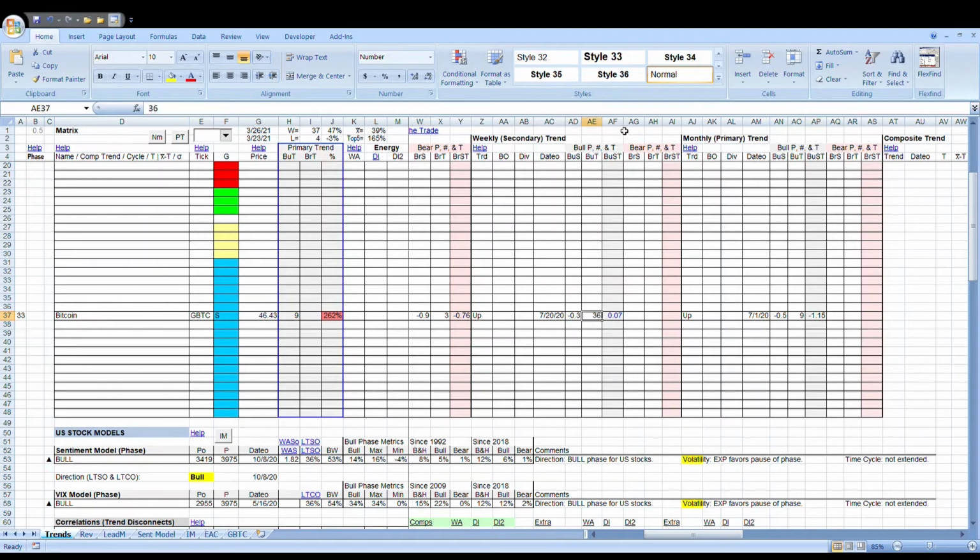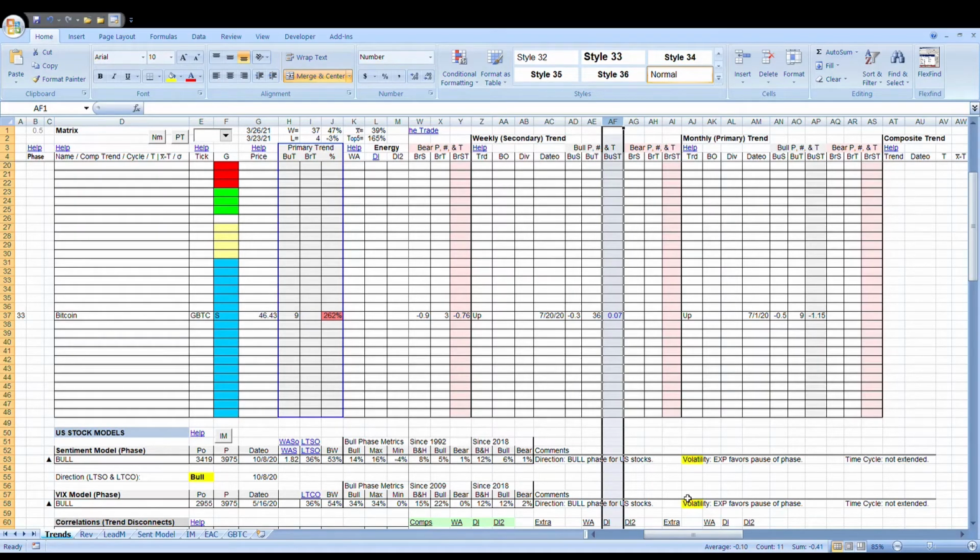At 36 weeks, we're above 0 now, so we're slightly above the mean, so that we know that the mean cycle for the weekly or the secondary trend is probably 36 weeks. But that doesn't mean it's going to have to stop. It can continue on, and often does. Usually when these numbers get above 2, they get extended, and when this number and this number get above 2, it's really rare. As we move down the time cycle, primary trend cycle readings rarely ever get above 2. They do, but usually that marks the end.